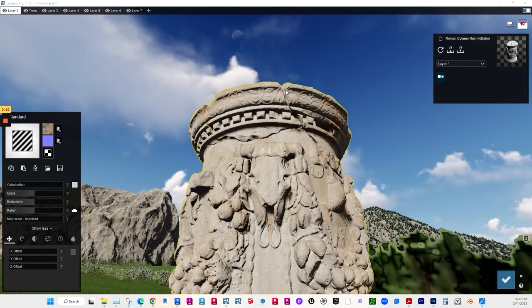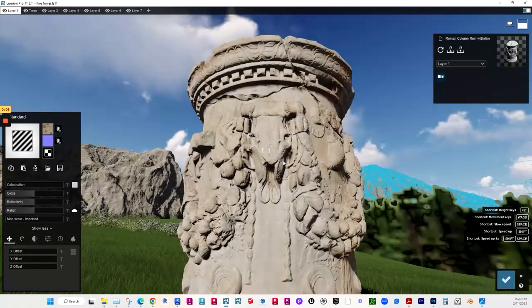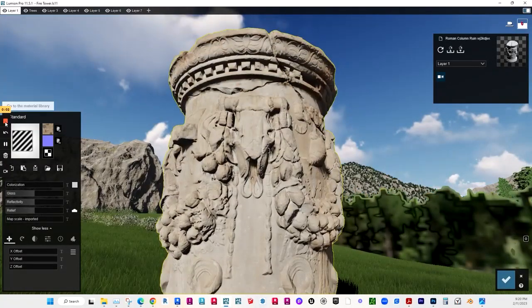Okay, now the shadows are correct. You can see that we just got a ton of detail in our object, right? Even though the actual file wasn't super